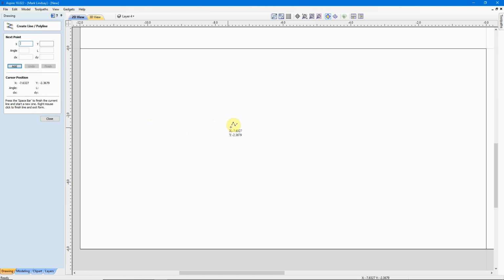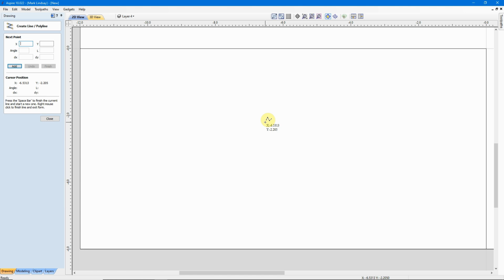If you look at my cursor out here on the material, you'll see that I have an X display and a Y display. This is what I mean when I say the software is already giving us visual clues and hints. If you also look down in this portion of the screen, we have a display of the cursor position. We'll be using both that cursor position as well as the cursor position on my cursor